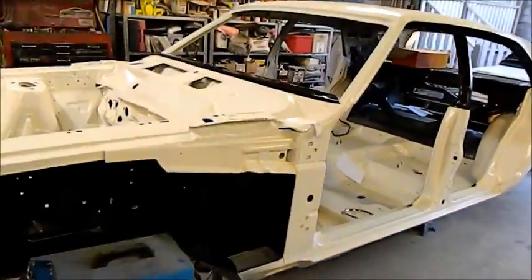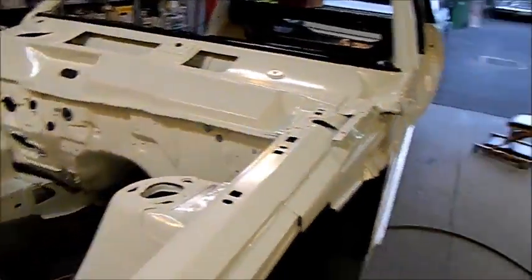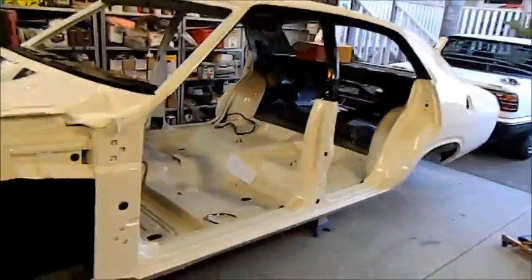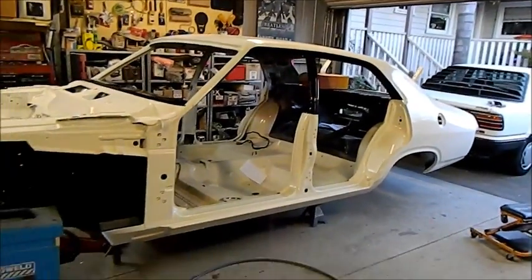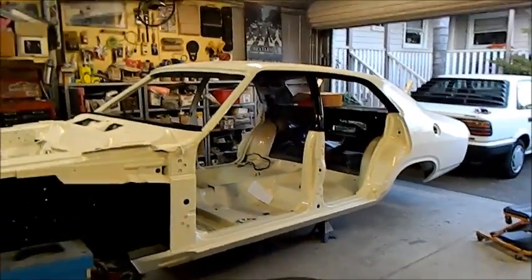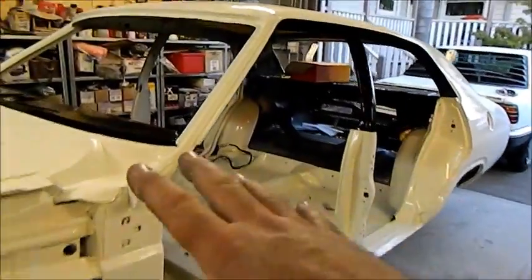Alana's of the same opinion my brother is, that it's a pity to do two cars the same colour, but we've sort of got matching ones, I guess. But it's a fresh, classic colour. It's a bit bland. Yeah, it will look bland, but once the doors are on, and we've got some...